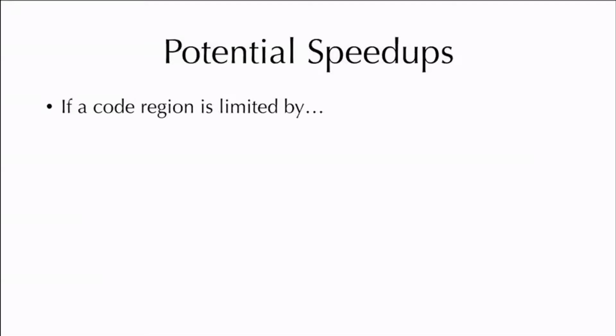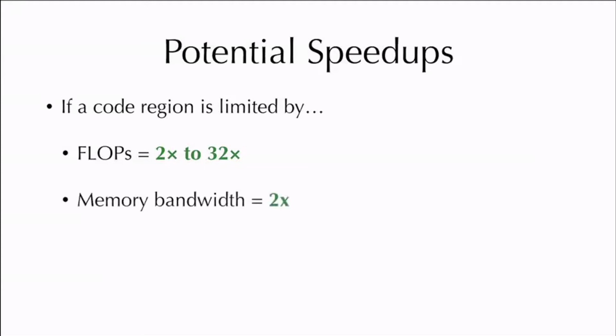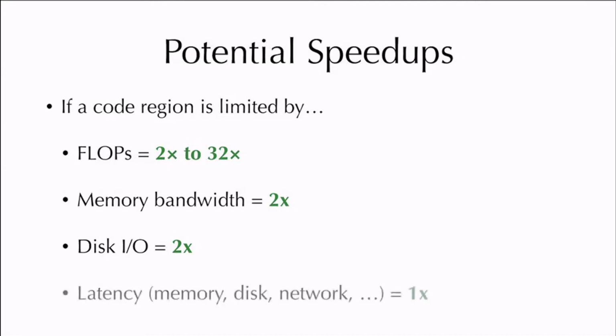So what kind of speedups can we look to get by taking our code and doing a wholesale port from double precision to single precision? Well, if a particular kernel is limited by flops, then according to that table, it's somewhere between 2x and 32x. If a kernel is limited by memory bandwidth, it's a factor of 2x on account of the fact that a single precision number is half the size of a double precision number. If it's disk I/O, writing stuff to disk, the case is exactly the same as with memory bandwidth. It's a factor of 2x. And if what's limiting us isn't bandwidth but latency, then we expect no change, as it's only throughput that improves,